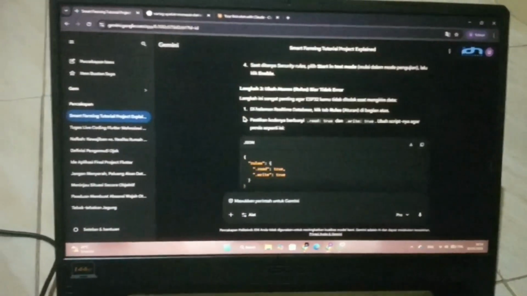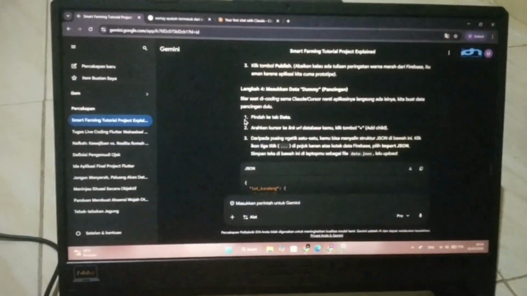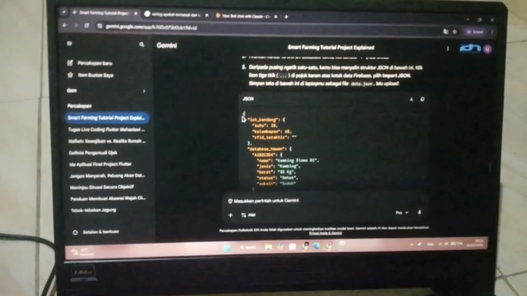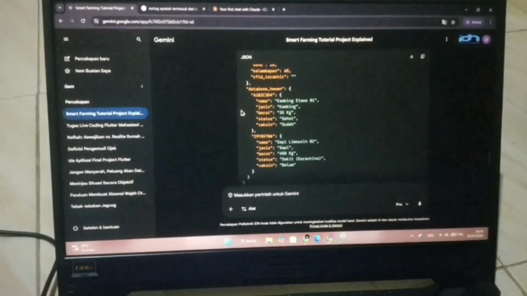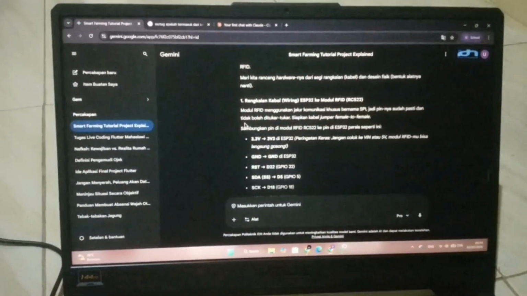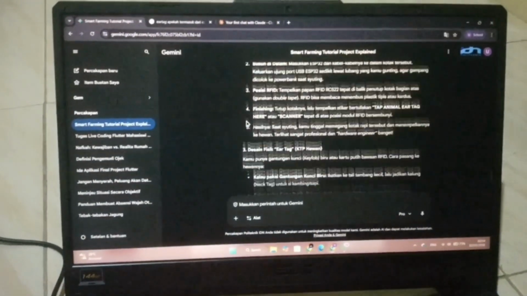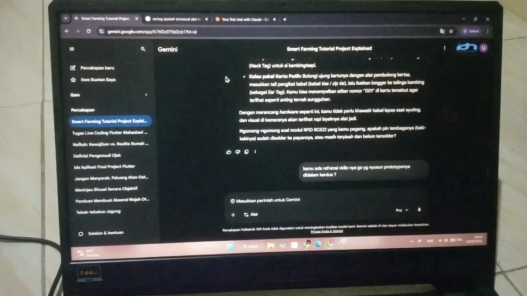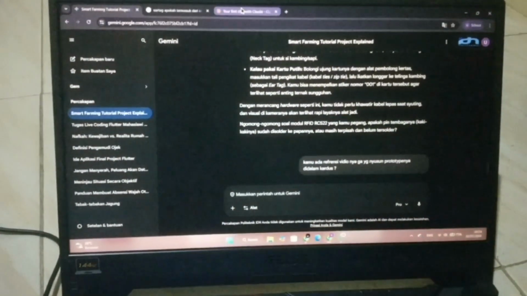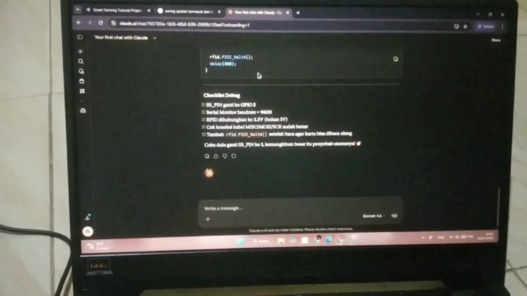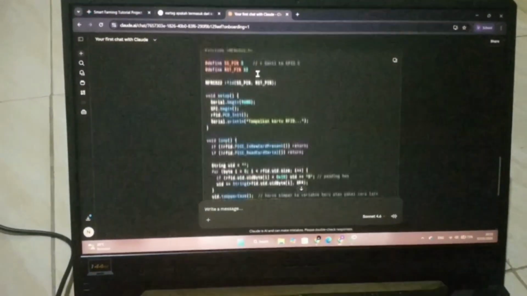When an RFID card is tapped, the goat data such as identity and total livestock will automatically appear on the website. The first step is to find a prompt using AI. At this stage, we ask AI to generate the necessary code for both the web application and the ESP32.